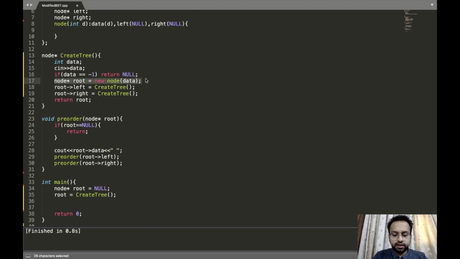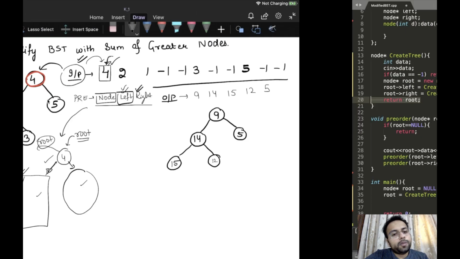So I have said that whatever the first node is, whatever the first data is, I will make it the root node. The next thing is, we will ask recursion. I have asked recursion to create the left subtree, then I have asked the recursion to create the right subtree. Once we have the entire tree with us, I can return the root node. This is what we have said.